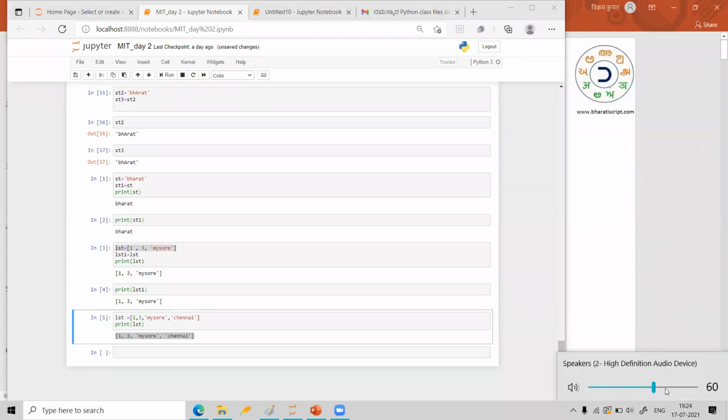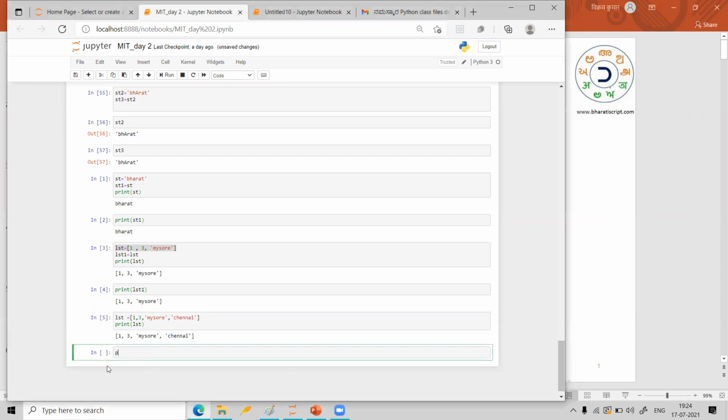Now I will ask you one simple question. What are you expecting if I print lst1? What will be the answer? Can someone guess? The way I am asking the question itself will give you a hint. I am printing lst1. What will be the output? I want you to respond. Please tell someone. You are telling something, please tell. I did not hear properly. Can you repeat? You said something, right? How many values will be there in lst1?